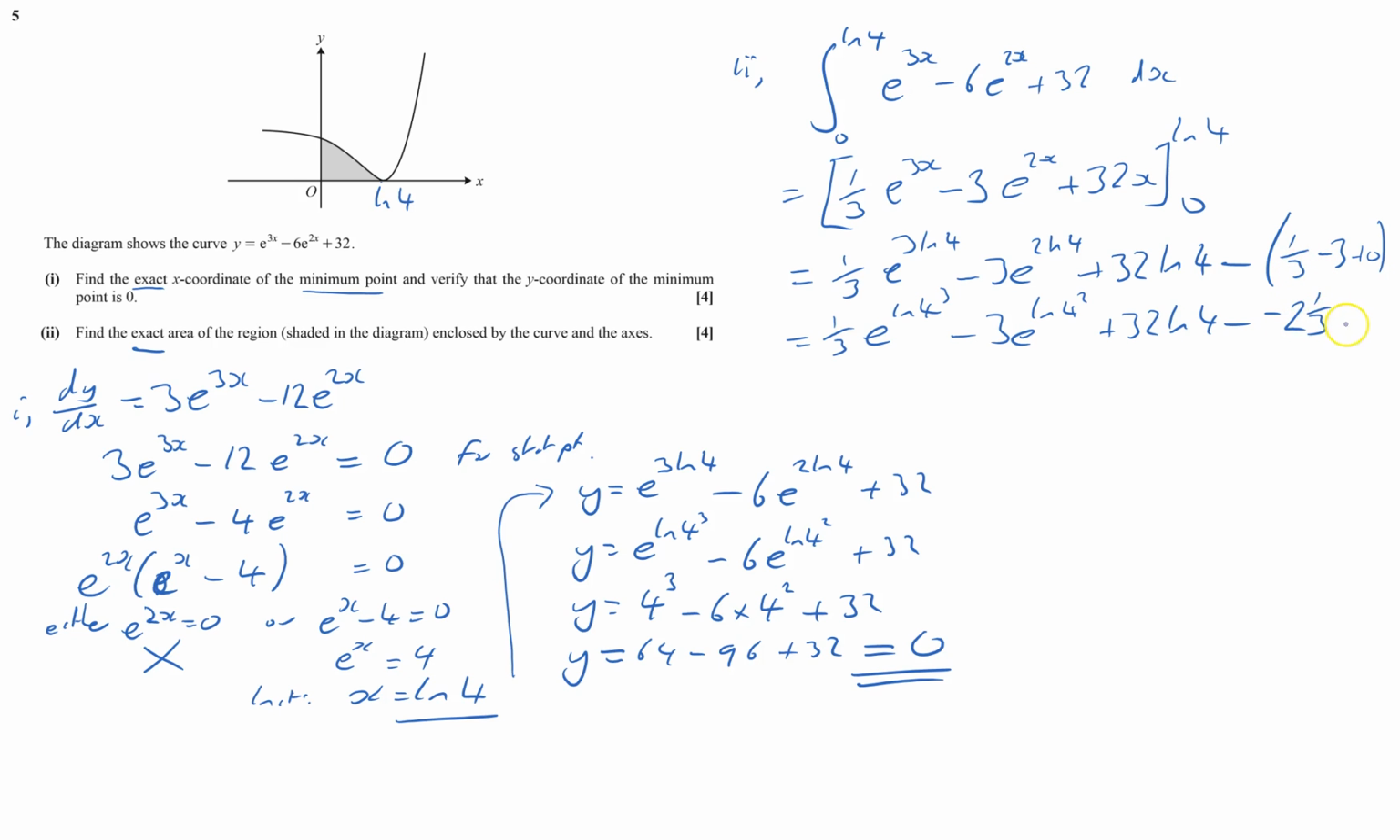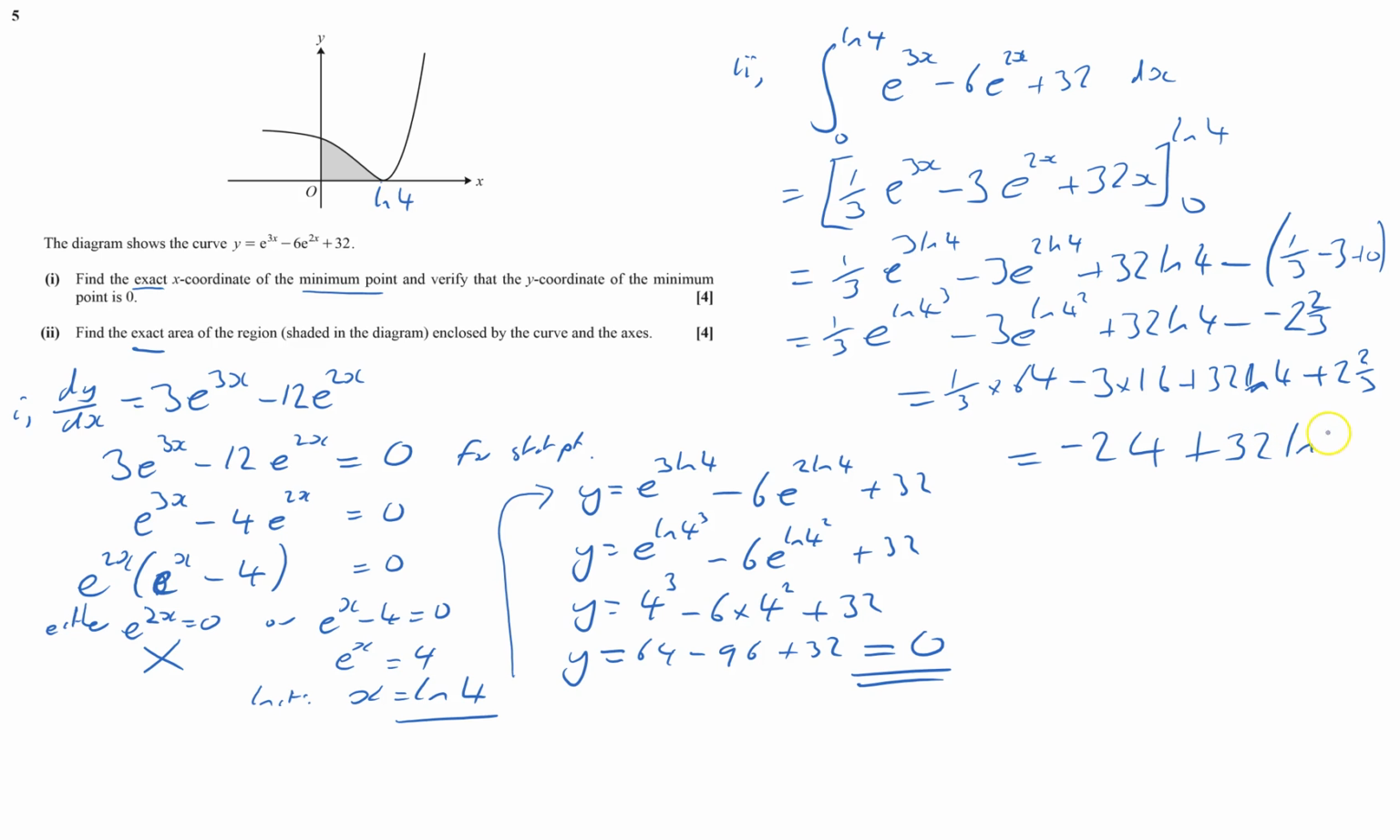2 and 2/3, and that gives me, e's and ln's cancel out, so that'll be a third of 64, so it's a third times by 64 minus 3 times 16 plus 32 ln 4 plus 2 and 2/3, which equals minus 24 plus